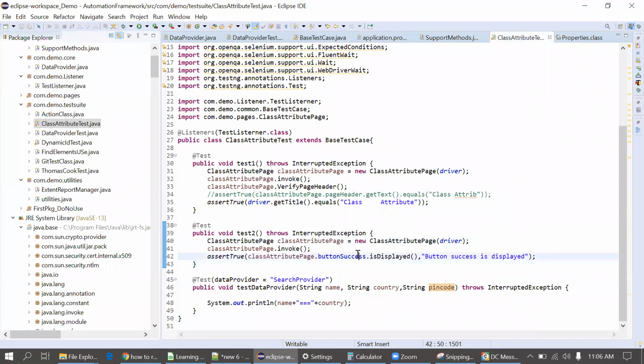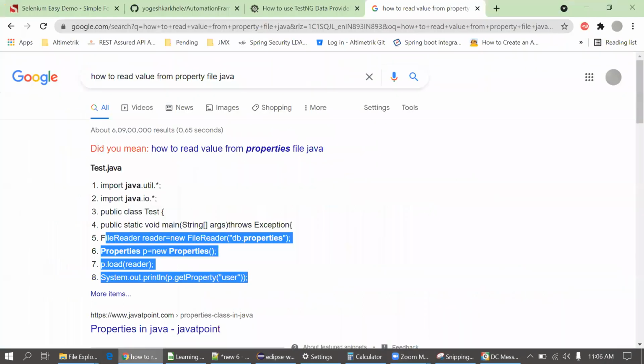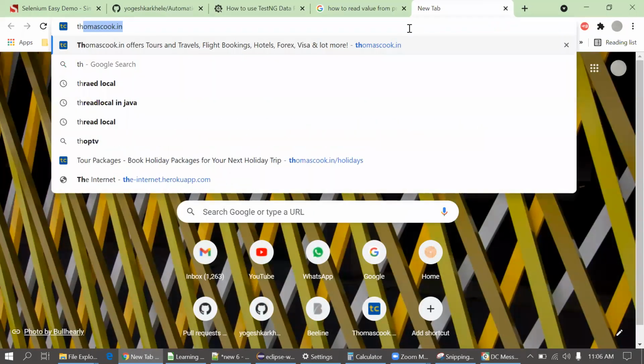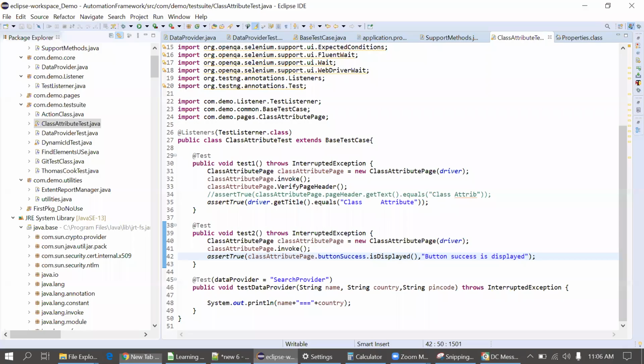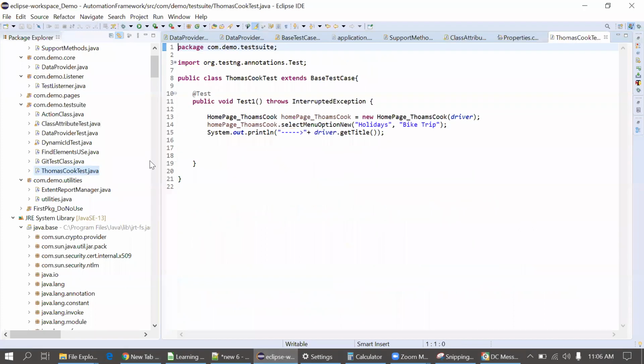Okay, fine. Any more questions, or anyone? If they don't have any questions, we can automate skip scenarios today again. I have a question about yesterday's thing, the Thomas Cook website. Okay, I'll go there. Actually, this website is not stable. Can you go for the code directly? Okay. Where is Thomas Cook? Yes, this code.